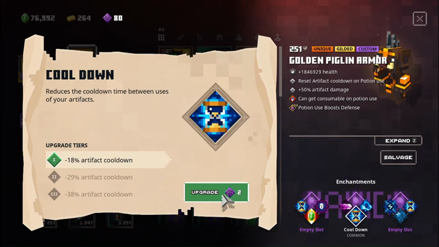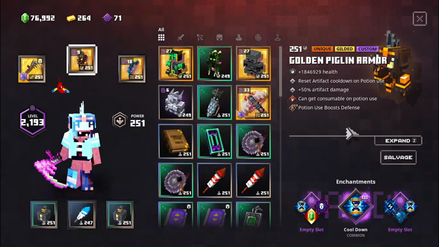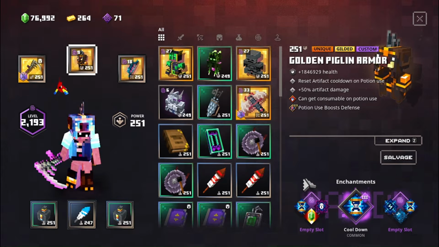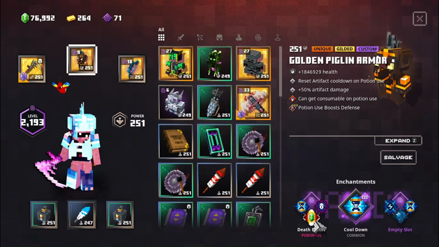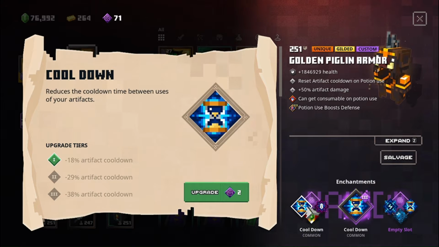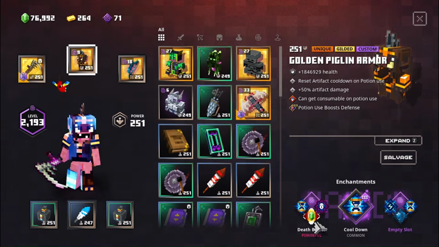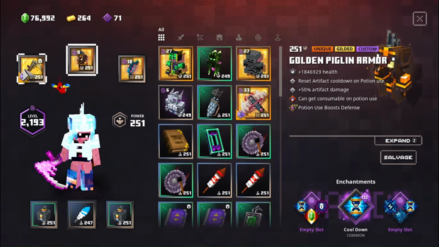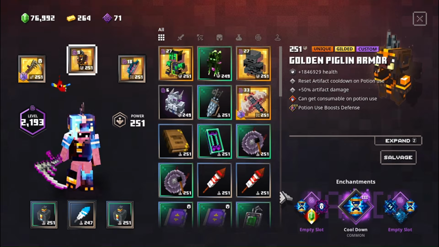doing the cooldown on the second slot, but we'll get started with this first slot. So on normal mage builds, you typically use Death Barter because you have very little to no defense, meaning if you come across a mob that does kill you in one shot, you can at least come back and keep going. So we can either do Death Barter here or cooldown. Depending on if we use a certain enchantment on either of our ranged or our melee, we can decide between. So we're going to do cooldown,